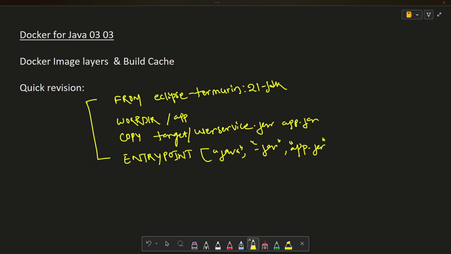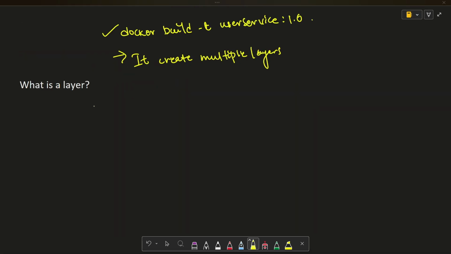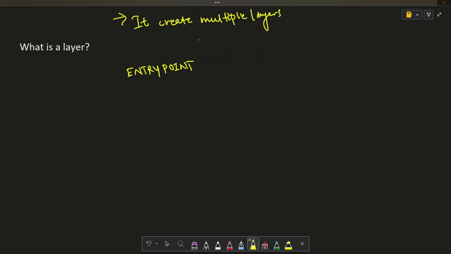Suppose that this is our Dockerfile. When we run this command to build an image, Docker does not create one huge file. Instead of that, it creates multiple layers. What is a layer? Think of layers like transparent sheets stacked on top of each other, just like entry point,